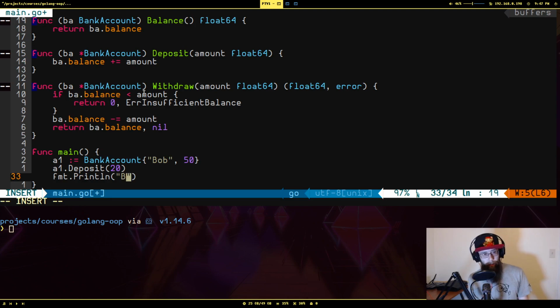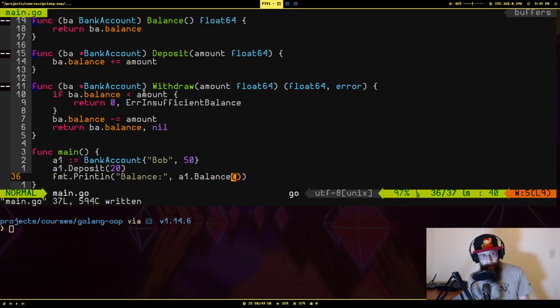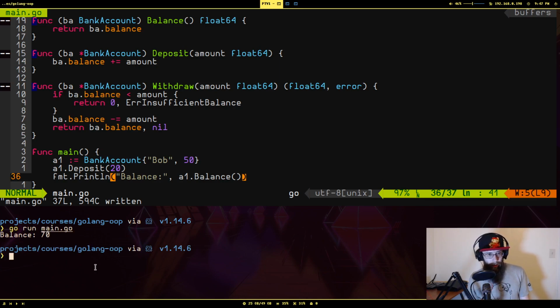So we're going to say new balance, and it's going to equal a1.Balance. Again, we don't need to call Balance here because we're still in the same package, but if you were to import this code, this is how you would have to interact with it to get that balance. So let me go to the main, and we see it starts at 50, adds in 20, and we get our